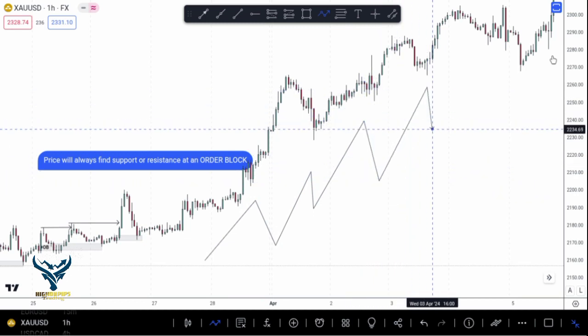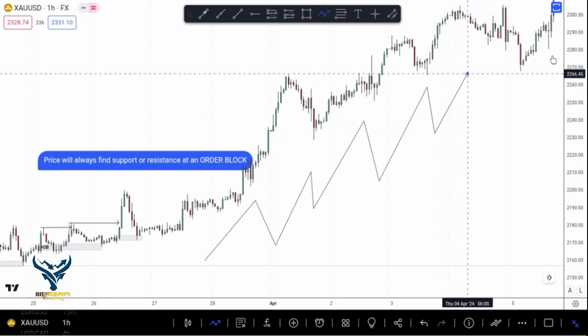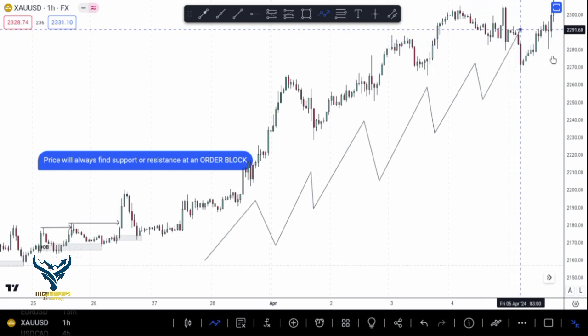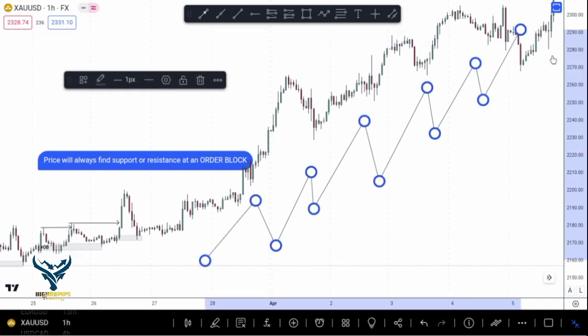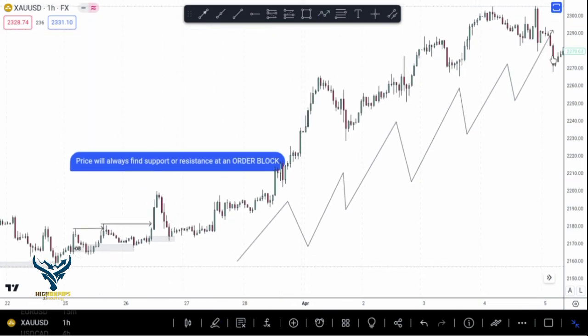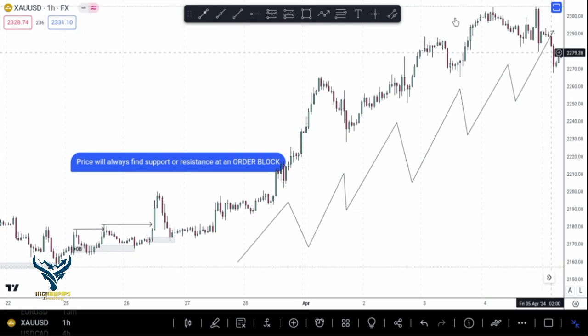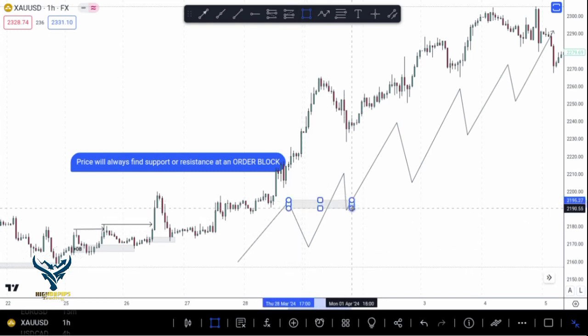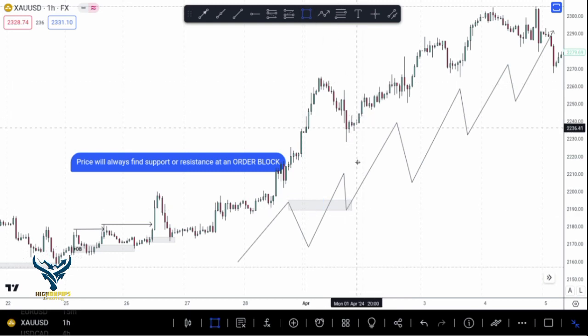So how are you going to buy so that you make money as gold is buying? How are you going to make money? It's easy, but not as easy as it looks. You are going to wait for the market to return at areas of support. This is where you're going to place your trade,